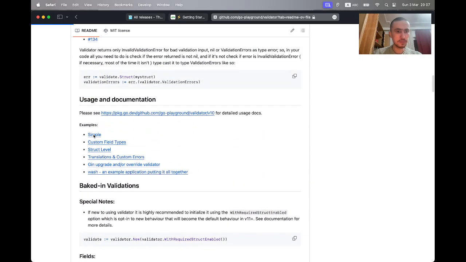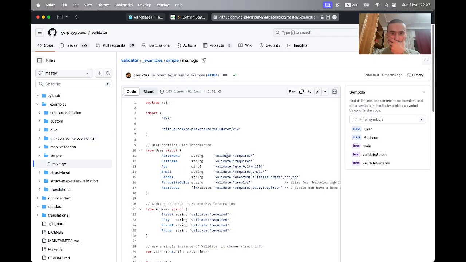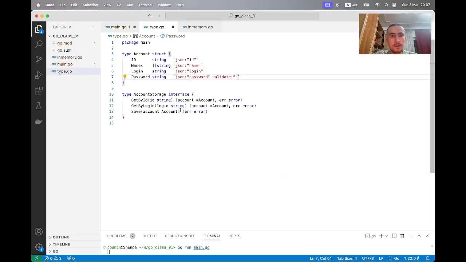You can see an example here: validate required, greater than, lower than, required email, or whatever you want to use based on the data you want to define within the structure. For now we are skipping this,